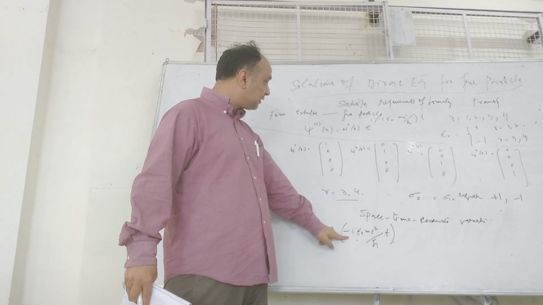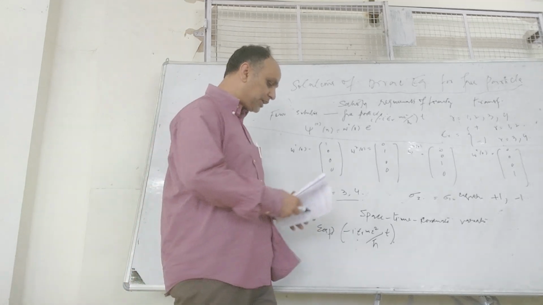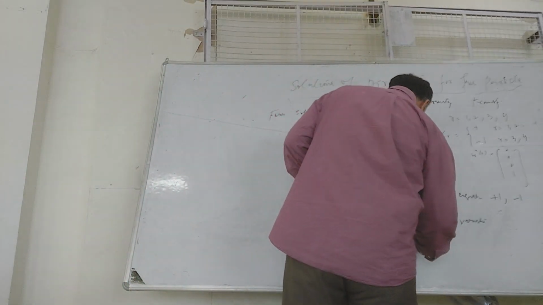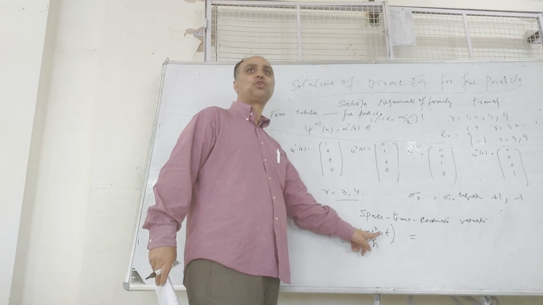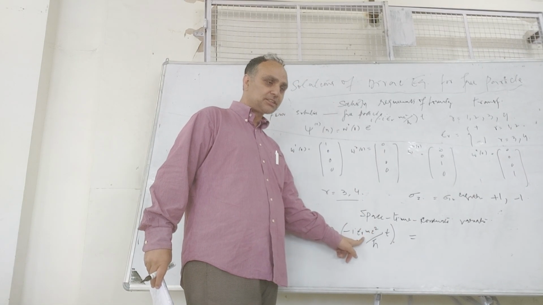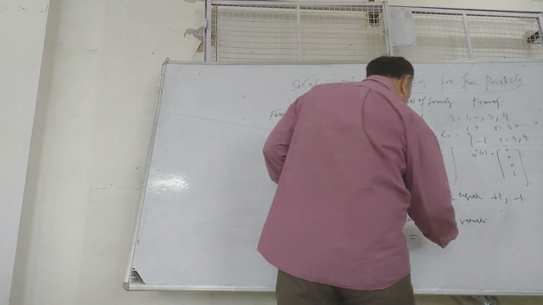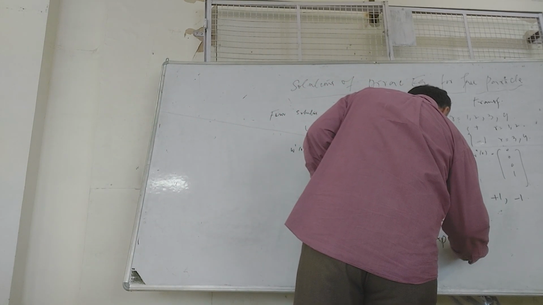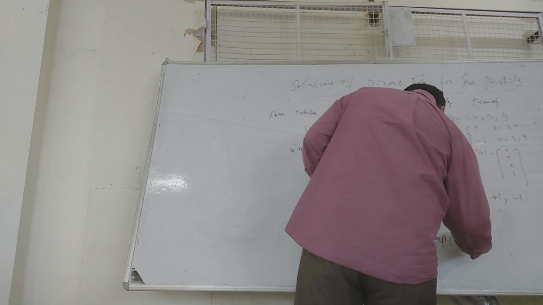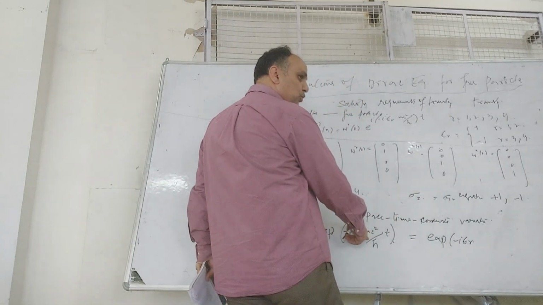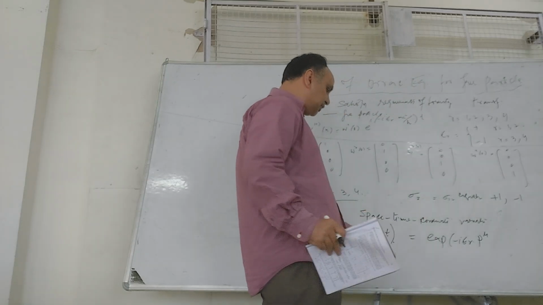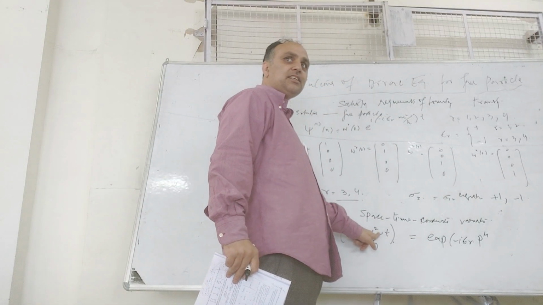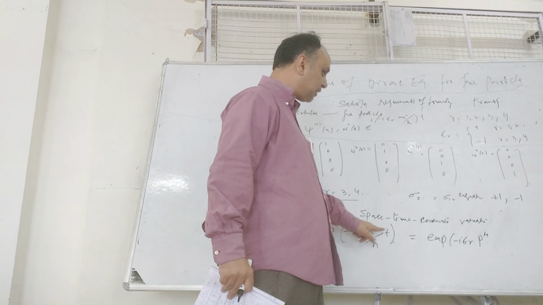Now this psi is the exponential part. You can write it like this, in terms of mass into c square. If you want to write it in terms of momentum, you can write it as the exponential of momentum. So instead of mc, you can write p, right? mc into c. So instead of mc you can write p